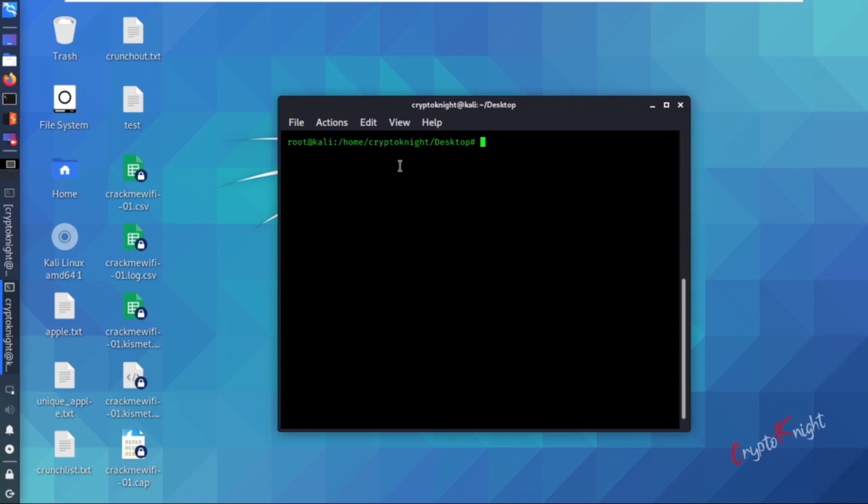Now one important thing in this type of attack is that if the Wi-Fi password that we are cracking is present in the word list that we are supplying, then only it will be cracked. However, if that password is not present in our word list, then we won't be able to crack it by this method. Because obviously we are generating a hash for our word and matching it with the captured hash. And if it matches, then it says, okay, this is your password.